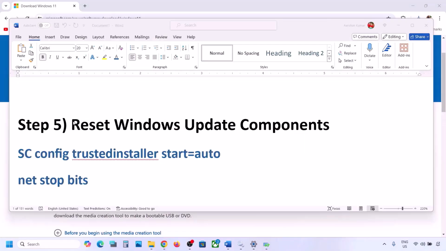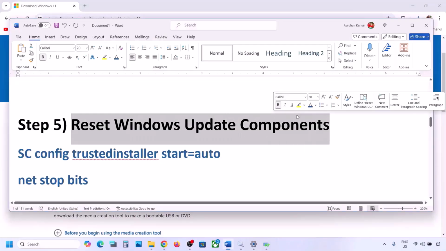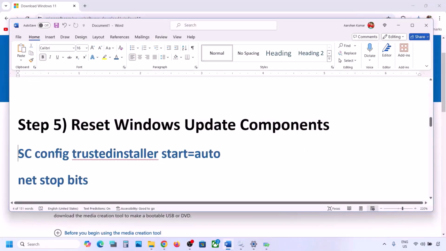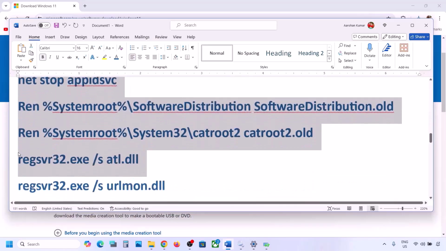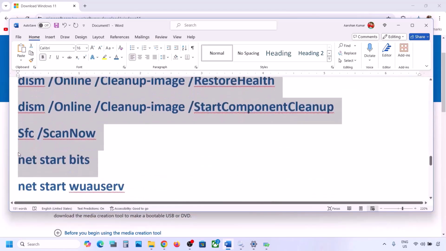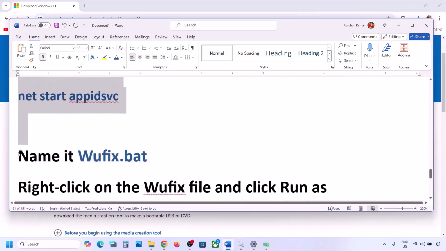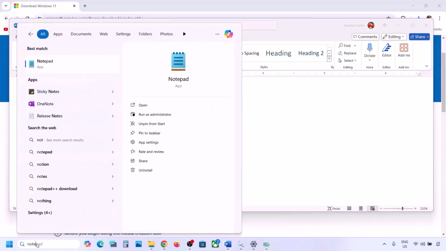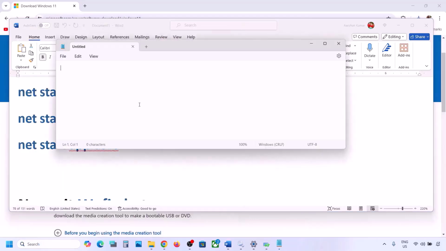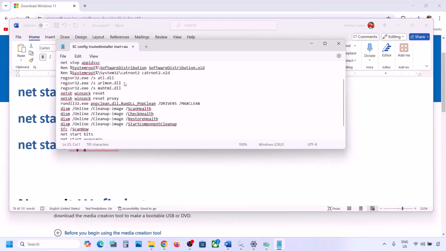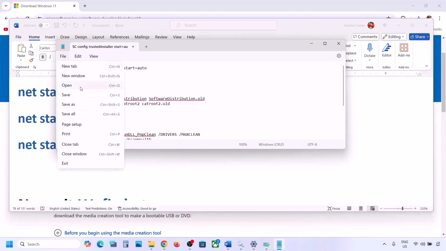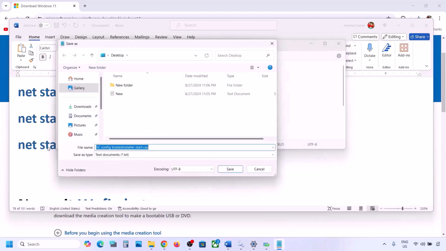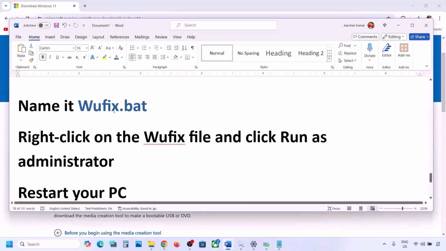Now the next step is to reset Windows update components. Now for this, copy all these commands. These commands are provided in the video description. So copy it till here. Now once you copy it, now open Notepad on your computer, and then in the Notepad you can paste all the command and then go to File on the top, click on Save As, and then you can name this